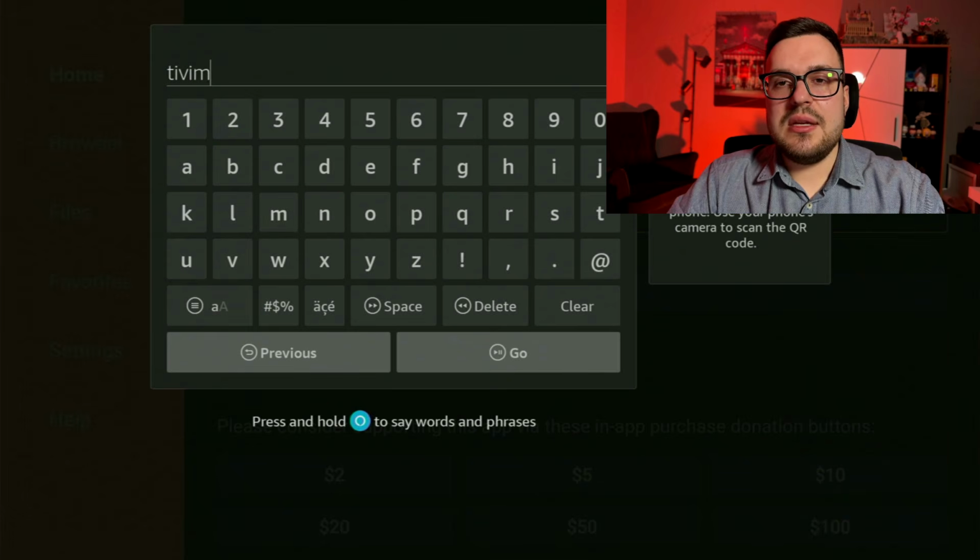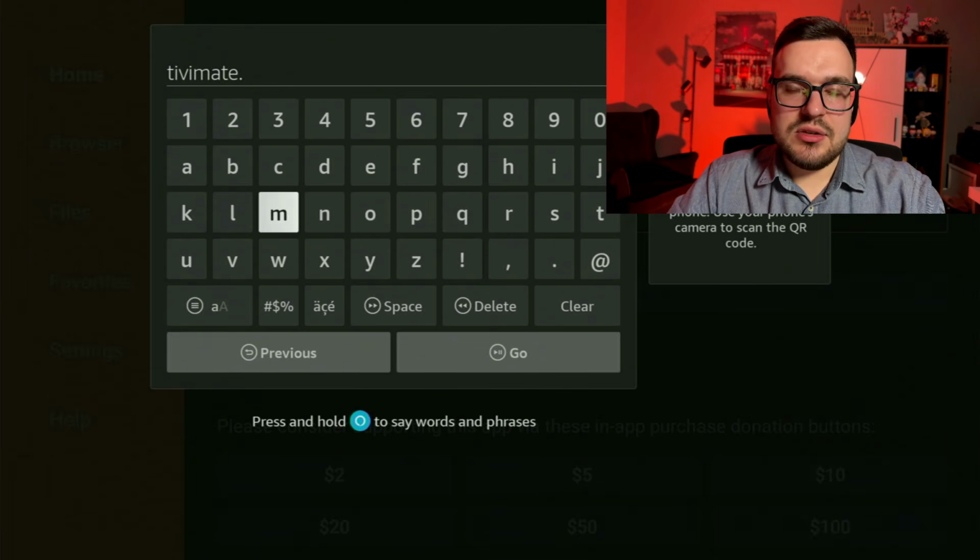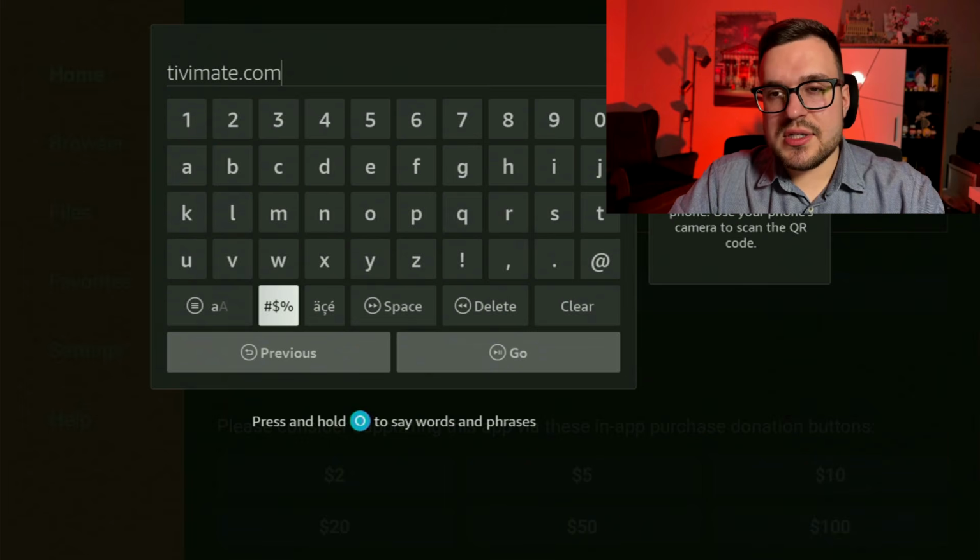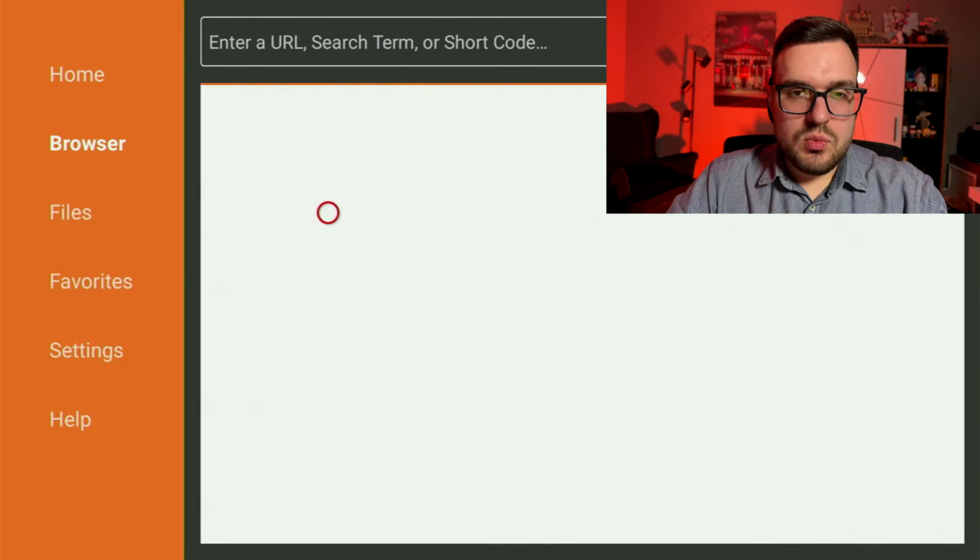Once again, it's TiviMate.com. Just enter the link exactly as you see, and without making any mistakes, of course. Then click go, and while it's loading,